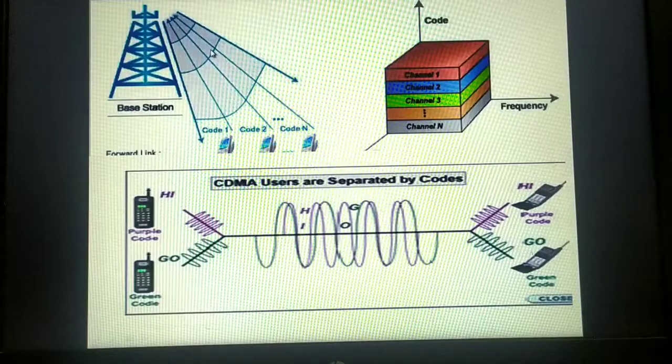Every user is getting it. Whereas in the case of GSM, that 200 was divided among 8 users. But here it is not like that. The first user can use 200 kilohertz to send his data. The second user also can use the same. The third user also can use the same.